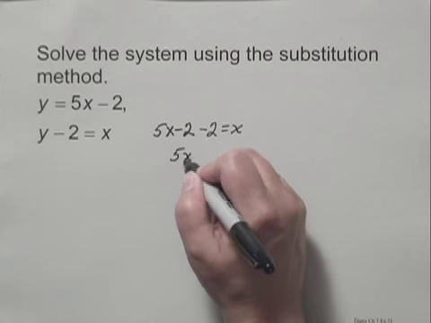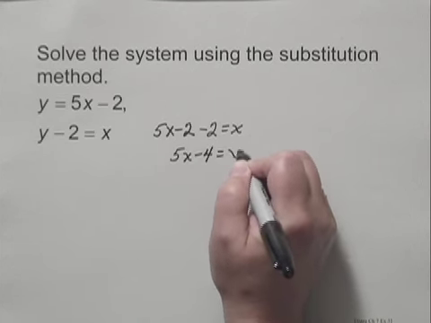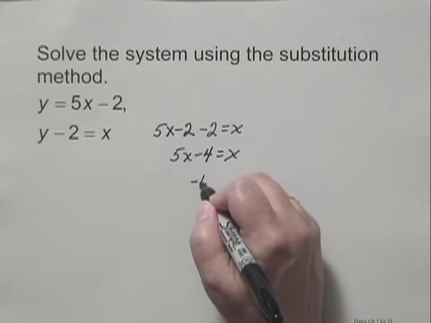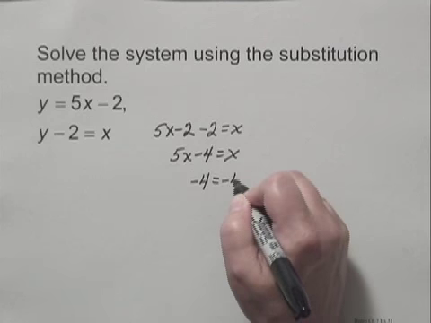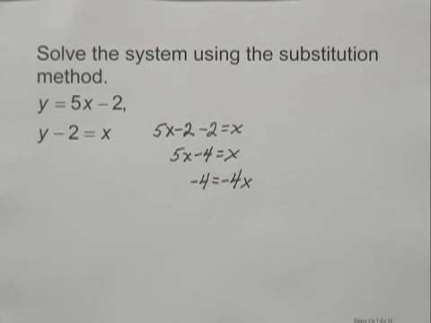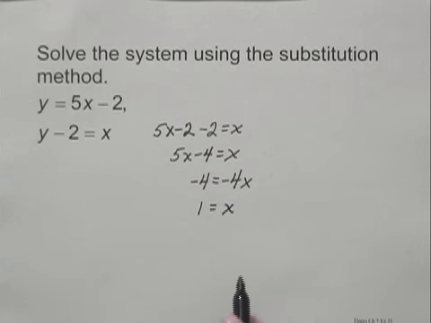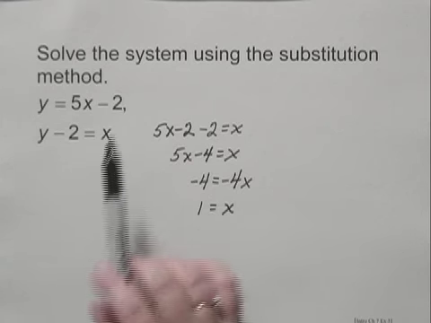That gives me 5x minus 4 equals x. Subtracting 5x from both sides, I have negative 4 equals the opposite of 4x. And dividing both sides by negative 4, I have 1 equals x. Now be careful not to stop there. We need an x and a y to solve the system and to find a